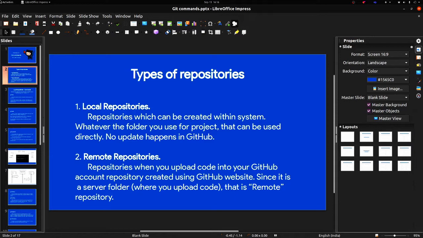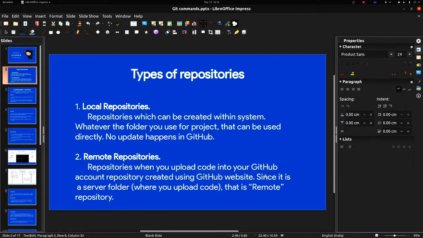And the second one is called remote repository. Simply, it's the opposite of local. You need to have an internet connection, and you will update it to a particular server. You can call it a server or a platform or anything. GitHub is one of them, and previously I've shown you other things like Bitbucket as well. These are platforms where you can upload your code, considering you create a remote repository. You will create the repository on the server and connect your local repository to the remote repository, and that's how all the changes get updated to the remote.